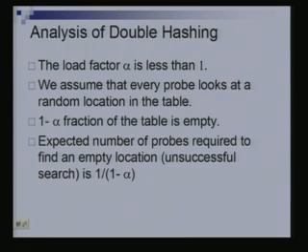Okay, and now we are also going to assume, so this is similar to the assumption that we made in the last class, that every time I probe, I actually look at a uniformly random location in the hash table. So the first time I probe, I will take a random location in the hash table and try to put the element there. If it is occupied, then once again, I'll pick a random location in the hash table and try to put it there. And if that is also occupied, I'll once again pick a random location and try to put the element there. And let's see how this performs, because we will only be able to analyze such a scheme because the other schemes are too dependent upon the hash function that we are using, right? And we might not be able to analyze that.